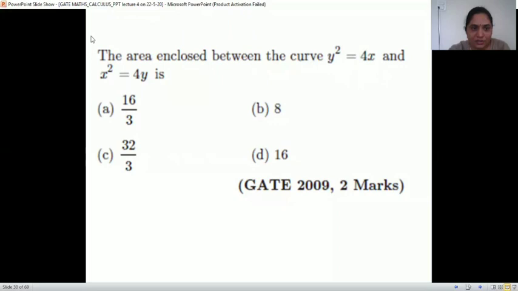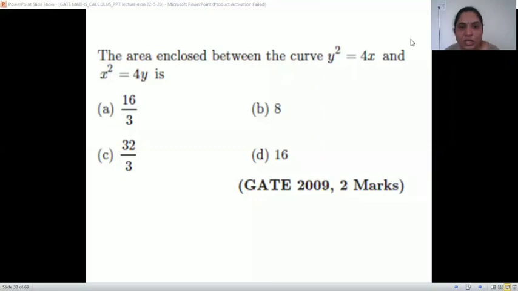This is a parabola and this is also a parabola. This is along y and this is along x. Draw them, draw the region. Here is the question, draw the region first and then find the area. Draw both the parabolas and find the points of intersection, limits, and any strip will follow.